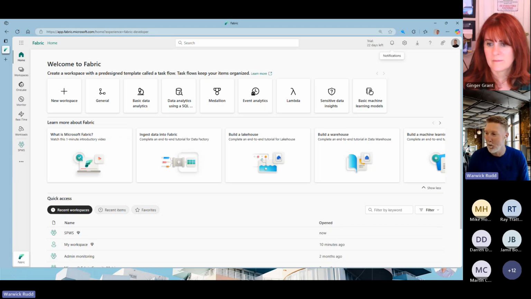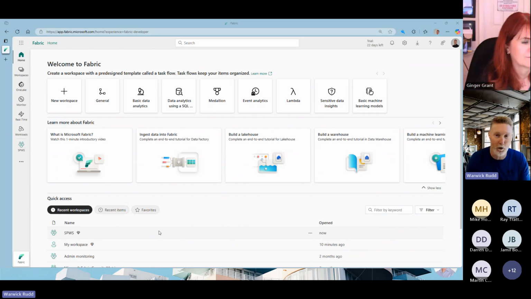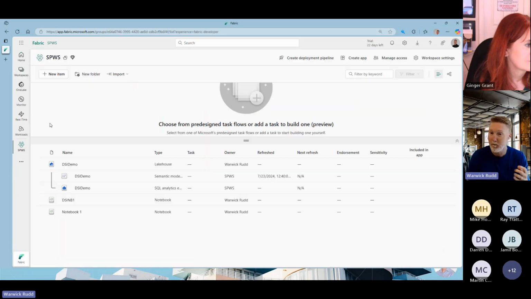So what we've got, hopefully this looks pretty familiar to you all, or as Ginger mentioned at the start, this recently changed. And when you first log into app.fabric.microsoft.com, you are greeted with a single pane, and we're wanting to have a look at Data Wrangler for our environments. So the first thing that we're going to do is come to our workspace,